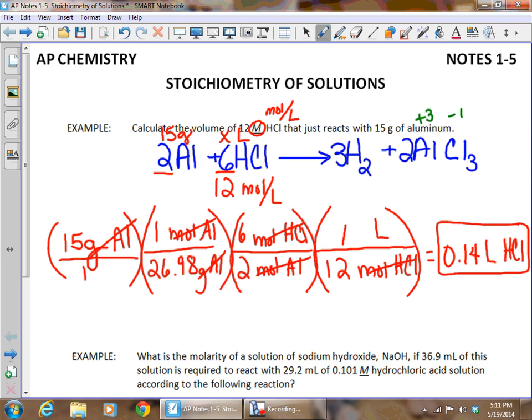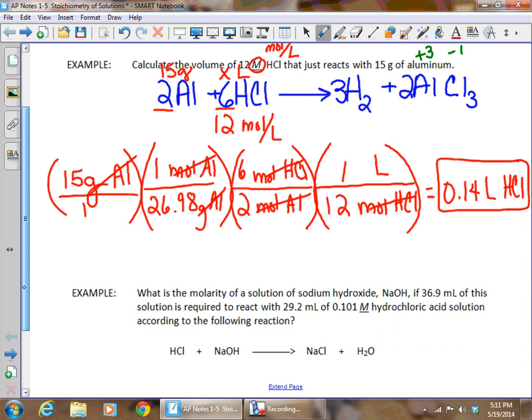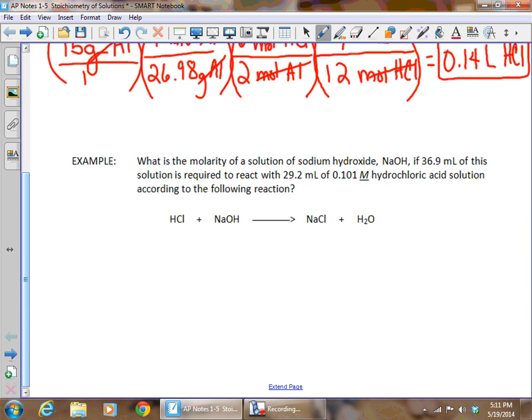So it's basically just a regular stoichiometry problem, except we're dealing with a molarity solution, and we need to make sure when we label that we change it to moles per liter. Now, what about this next one? In this next problem,